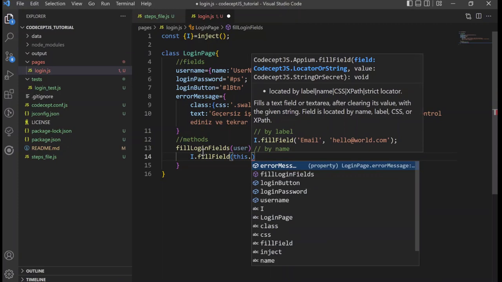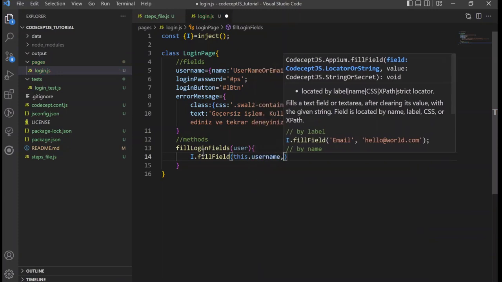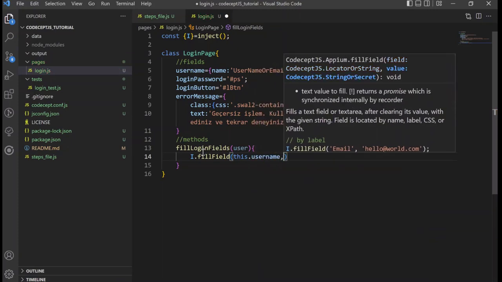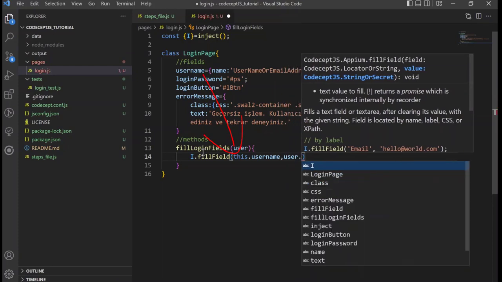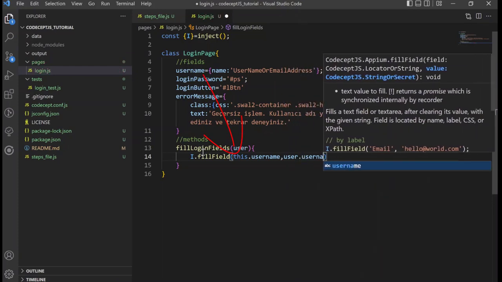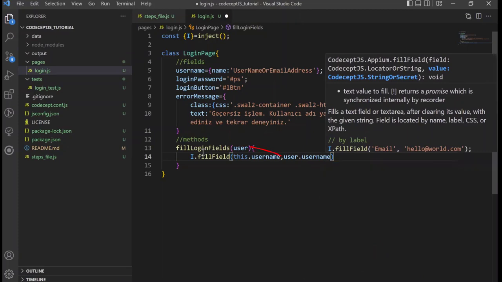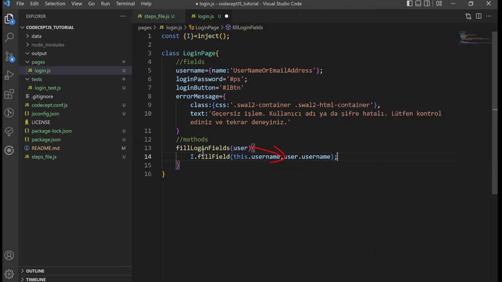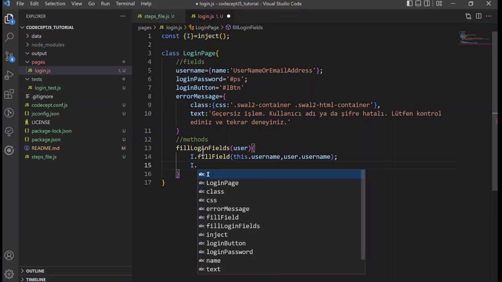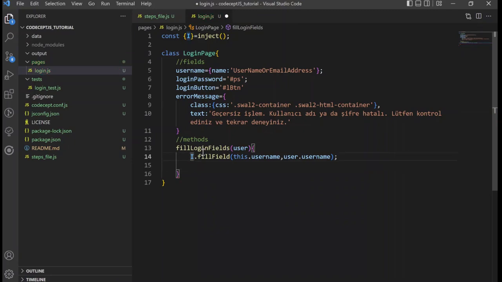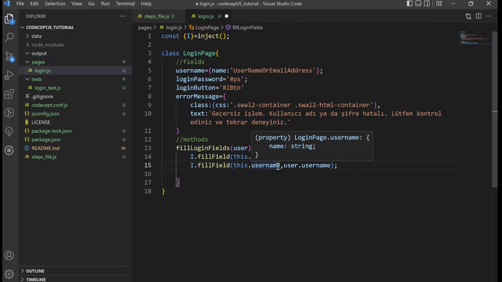So I'm gonna use this username, then we're gonna send the parameters, username. We're gonna create that data. You can use shift, alt and down buttons to duplicate the row.